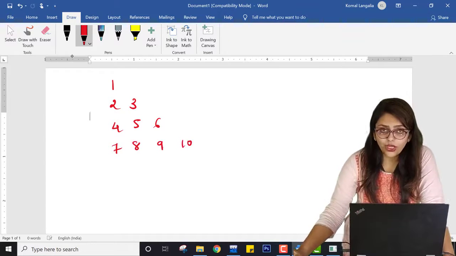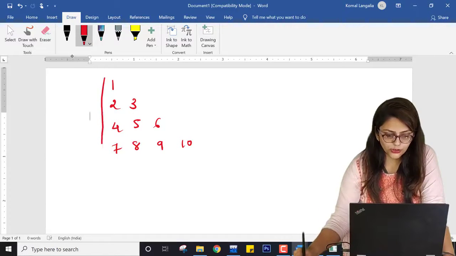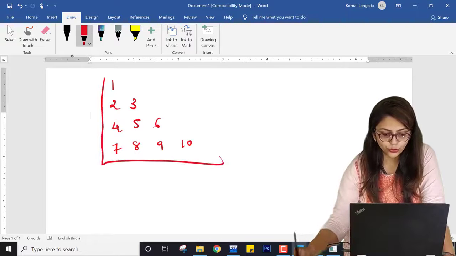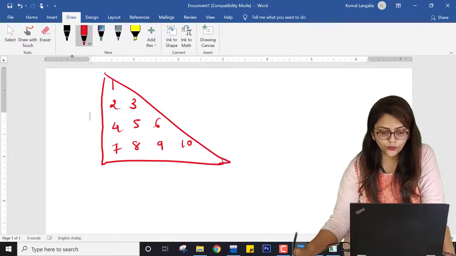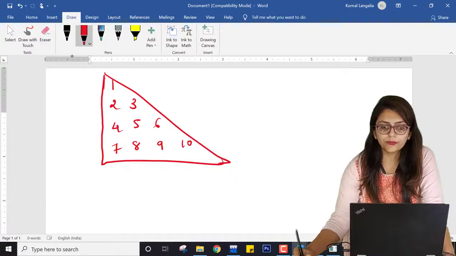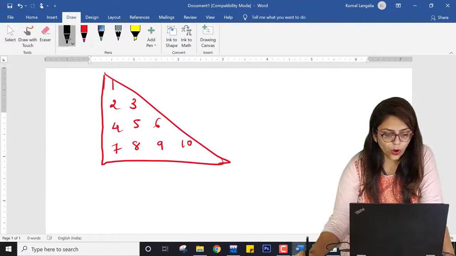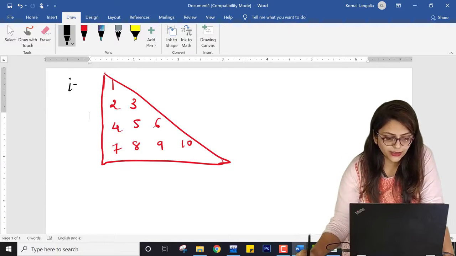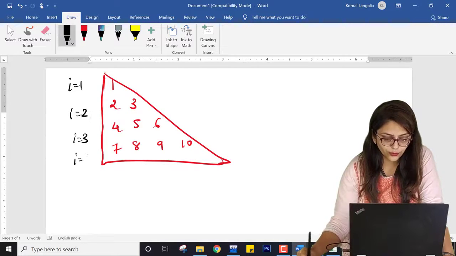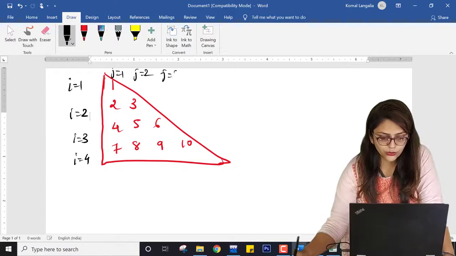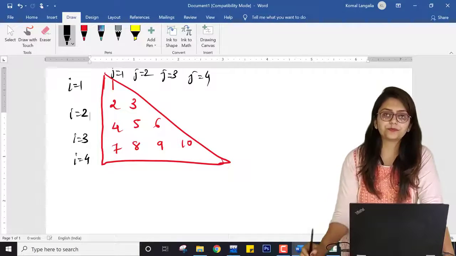Now if you carefully observe, this is a quadruple, so I know how to use two loops, I know the code for two loops for this quadruple. Now I should observe what exactly the pattern is. So here i equal to 2, 3 and 4. Here j equal to 1, j equal to 2, j equal to 3, j equal to 4.